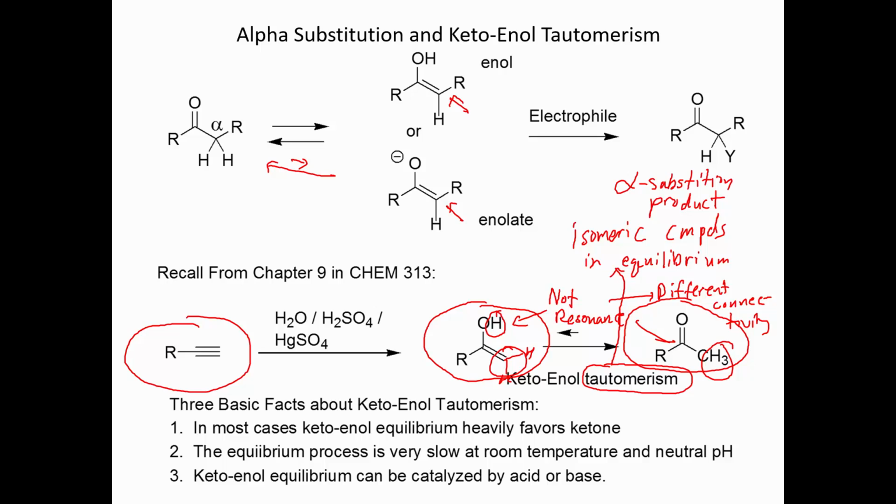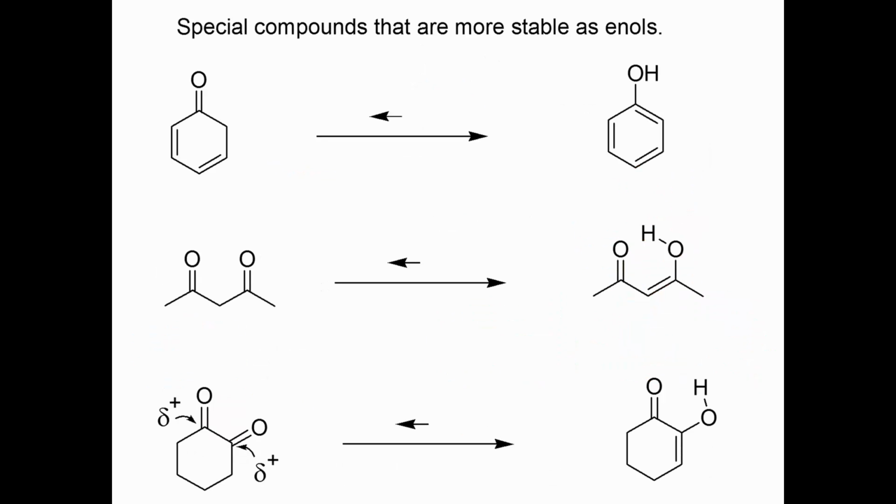Okay, so here at the bottom of this slide I have stated the 3 basic facts. In most cases, keto-enol equilibrium heavily favors the ketone. The equilibrium process is very slow at room temperature and neutral pH, but it can be accelerated tremendously by adding acid or base. Okay, let's look at a few exceptions to this rule that ketones are more stable than enols. It is possible to have structural features in your molecule that will make the enol form more stable than the ketone. Okay, so cyclohexadienone, shown right here, is actually not as stable as its enol form,